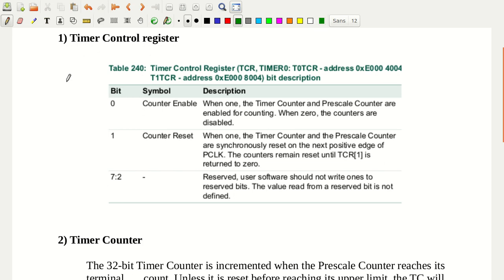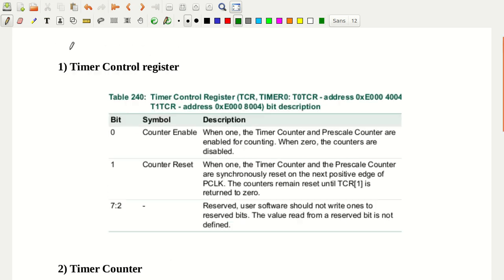Okay, timer is also a counter. It is a part of the hardware circuit that you have in the LPC2148 microcontroller. So basically, we are going to study which registers we need to configure so that we achieve a predefined delay here. First, the most important register that you have is the timer control register.